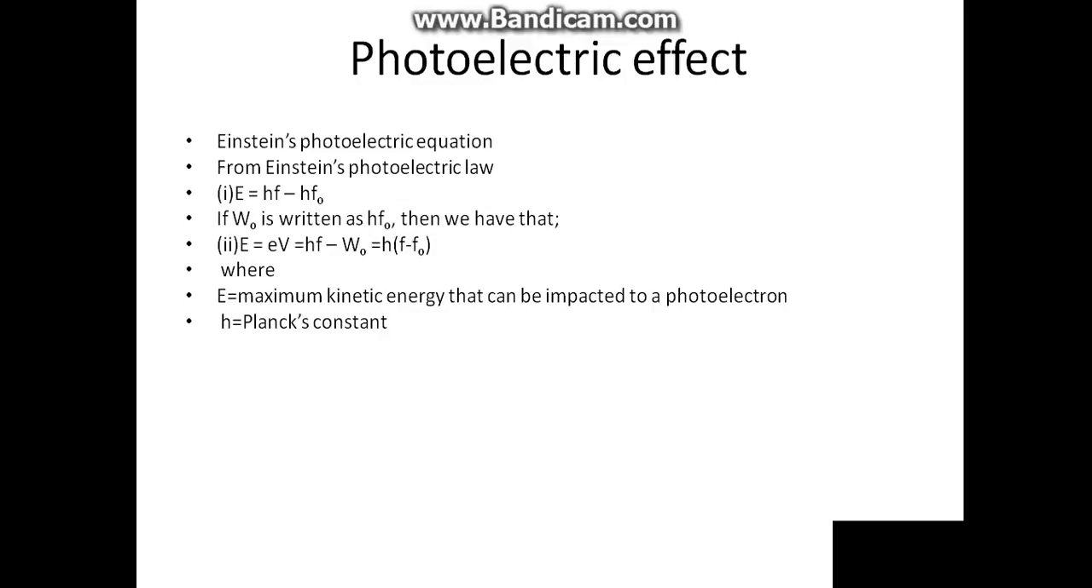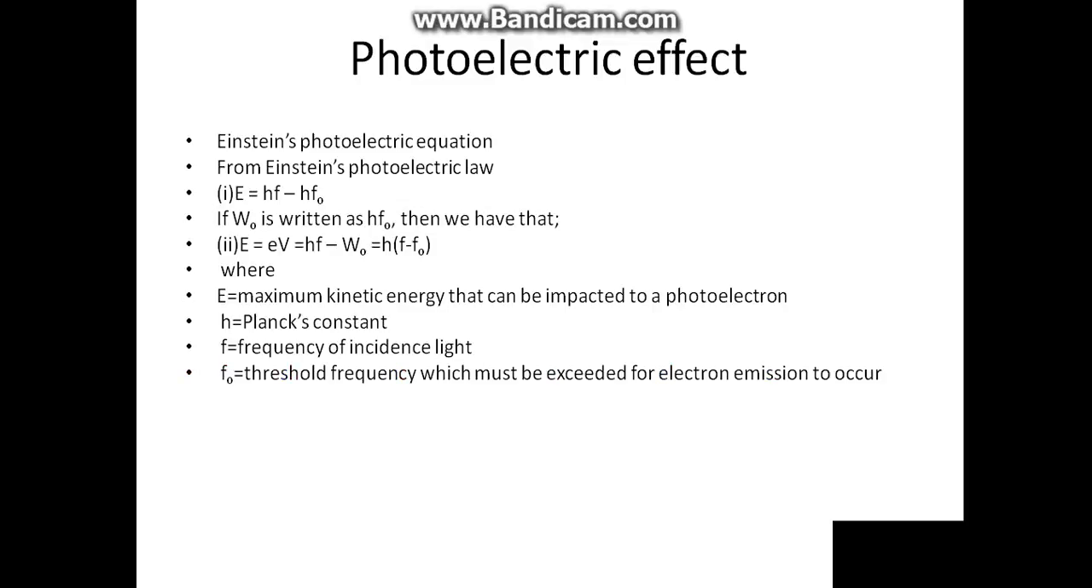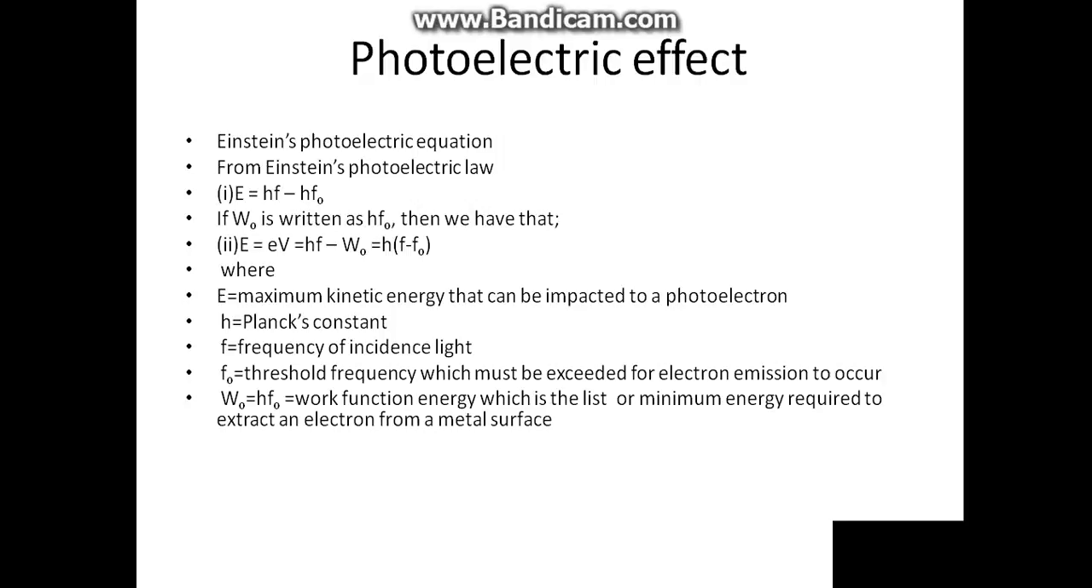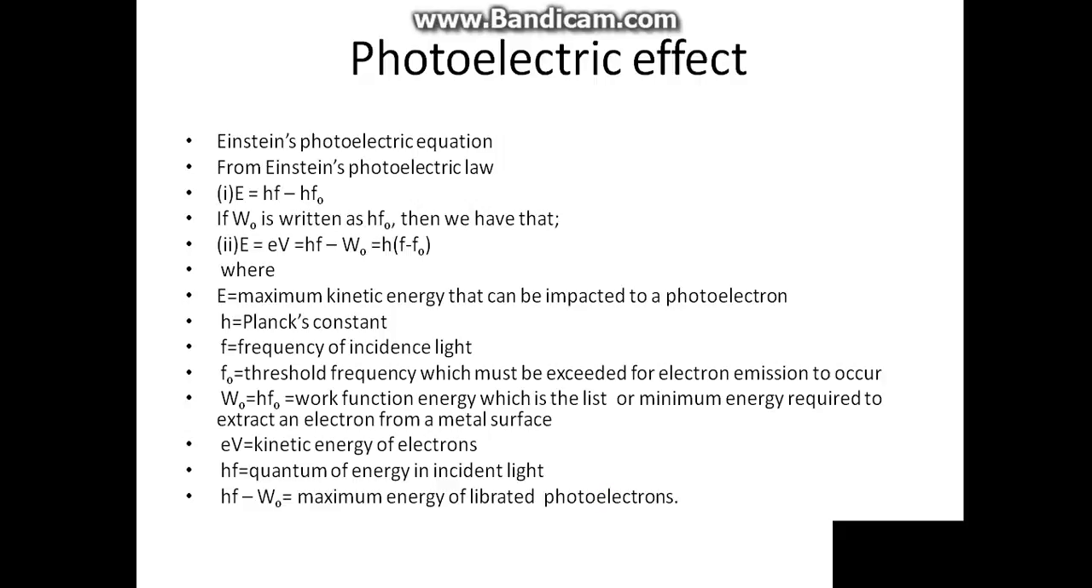where E is the maximum kinetic energy that can be imparted to the photoelectrons. h is Planck's constant. f is the frequency of incident light. f0 is the threshold frequency, which must be exceeded for electron emission to occur. W0 is equal to hf0, which is the work function energy, the least or minimum energy required to extract an electron from a metal surface. eV is the kinetic energy of the electron. hf is the quantum of energy in incident light. hf minus W0 is equal to the maximum energy of liberated